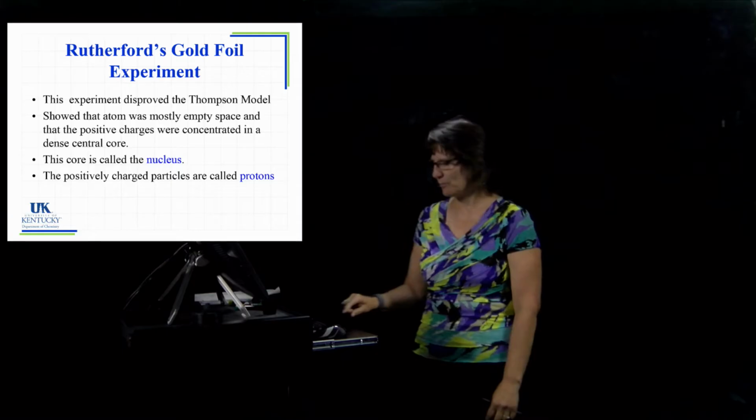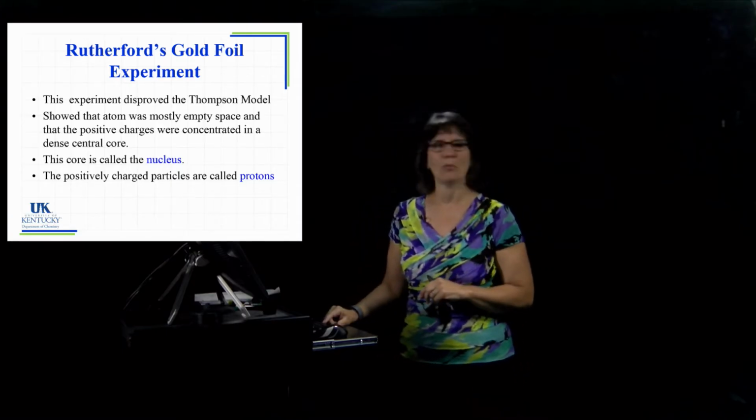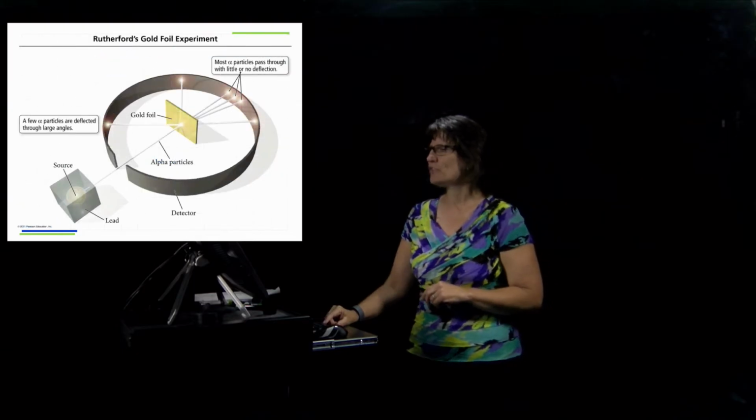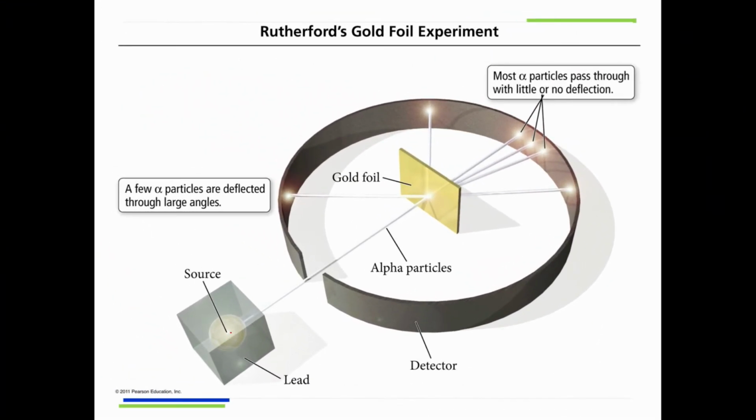There in that nucleus, all the positive charge is made up of particles, and these particles are what we call protons. So here's the experiment. Inside of here is the radioactive source. This radioactive source is actually alpha particles that are coming out of this source and moving through. This is a detector screen. Now what happens with this detector screen is it lights up